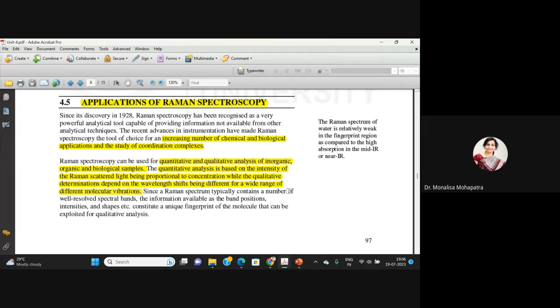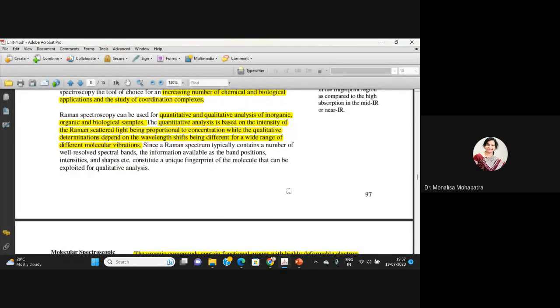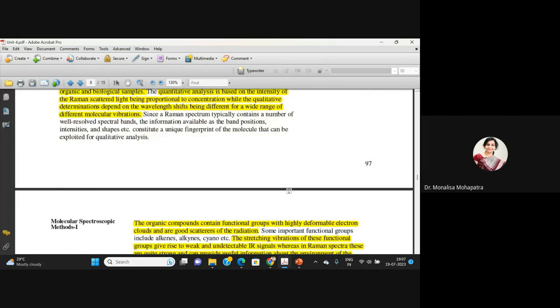You are finding a particular shift in that. In the IR spectroscopy table, if you remember, there are certain positions for certain groups. So similarly, here also from the wavelength shifts, you can do the qualitative analysis. If you are expecting a peak at a particular region but you are not getting it in that region, you may get a hunch that there may be an impurity also,